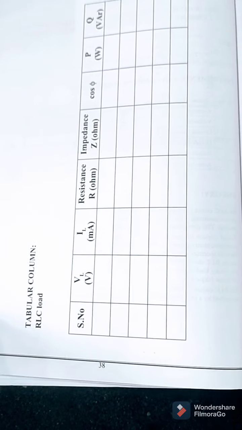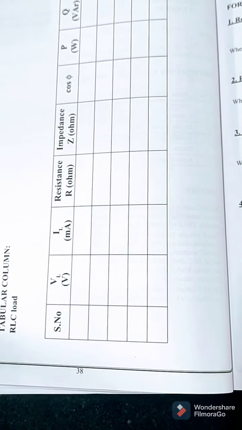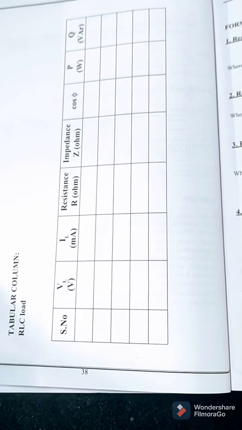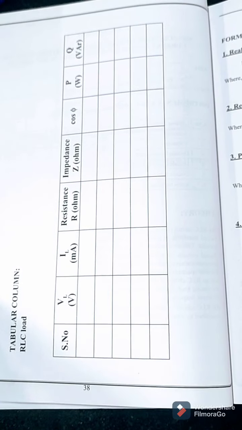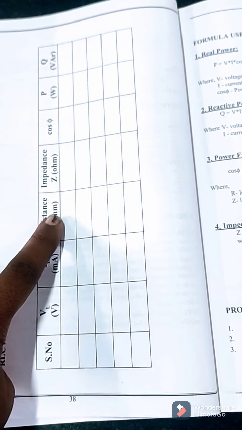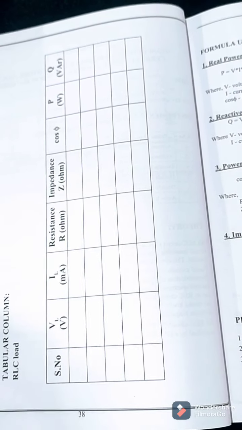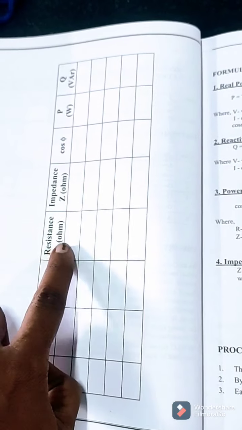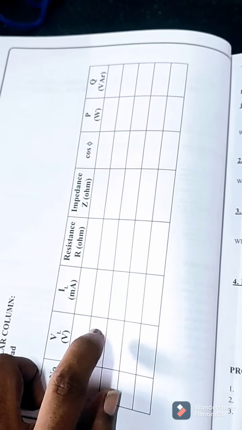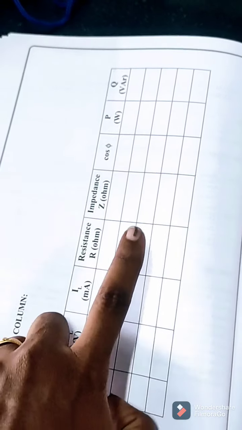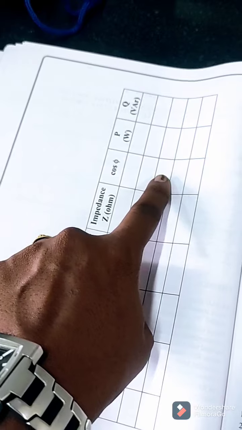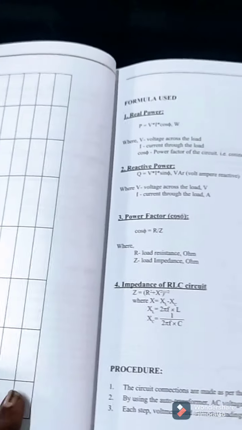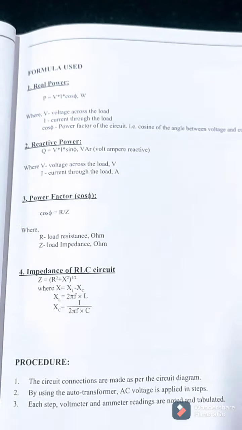Now the tabulation. We have told you, if you want to get a power value, we need to change the load. Based on the load variations only, the power is going to vary. Here in this experiment, we are going to vary a resistance value, keeping the inductor and capacitor values constant. By varying this resistance value only, we are going to note down the corresponding current as well as impedance, power factor value, and two types of powers. I will show you the formulas to determine those power values.